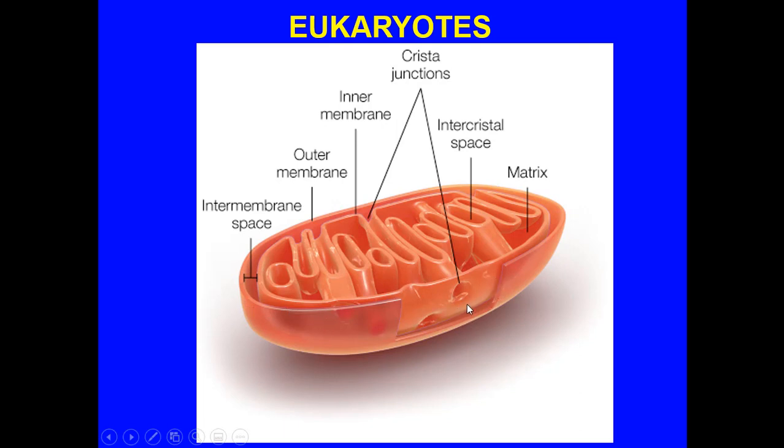Here is our intermembrane space, the outer membrane, the inner membrane. And you can see how these inner membranes have folds, etc., to increase their surface area. And you have these areas such as the matrix. This is going to be loaded with enzymes that will play a role in the Krebs cycle. You will also have embedded into this membrane certain components of the electron transport chain. And all of this leads to the production of an incredible amount of ATP.